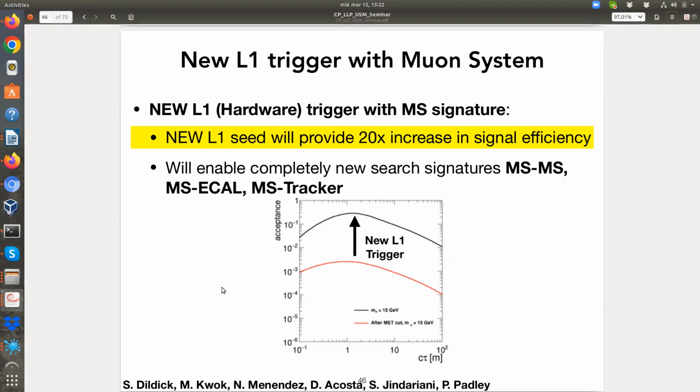That's the acceptance of the same model as a function of Cτ. So we got a factor of 20 improvement there that we will be able to start analyzing very soon. There's a search ongoing now with this new data, but since it's new data and a new trigger, we have to do a lot of validations. But there is a promise that we can improve upon the best result by a factor of 10 to 20. So we're very excited about that, and there's a big program that we're following upon that,